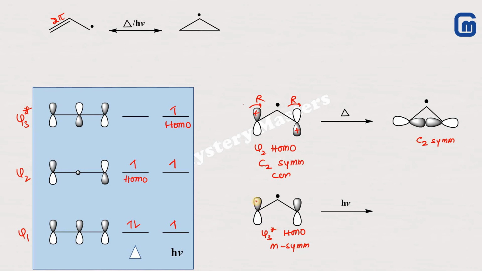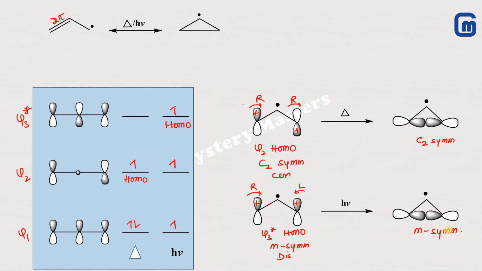So whenever there is mirror symmetry, for interaction between the same type of lobe, they would be moved in opposite directions to each other. You can say that there is this rotation, and when you rotate them in opposite directions, the cyclized product will be obtained, whose symmetry will be the same as the symmetry of the reactant, so that a bonding orbital can be achieved. So these are the 3 different ways in which allyl cation, allyl radical, and allyl anion get cyclized into their